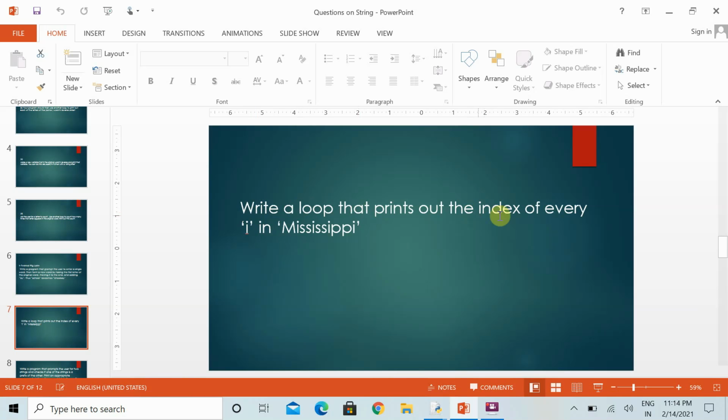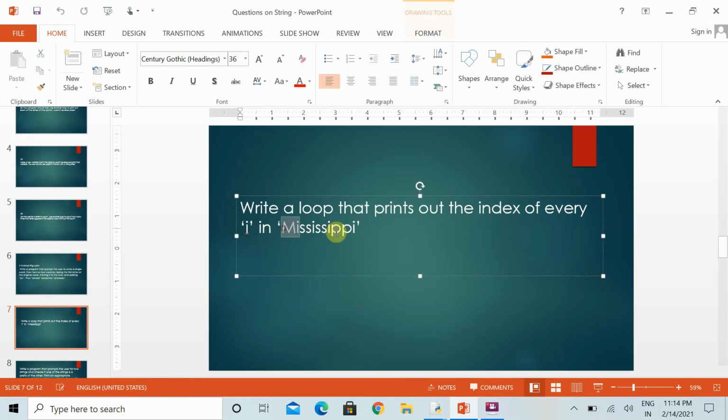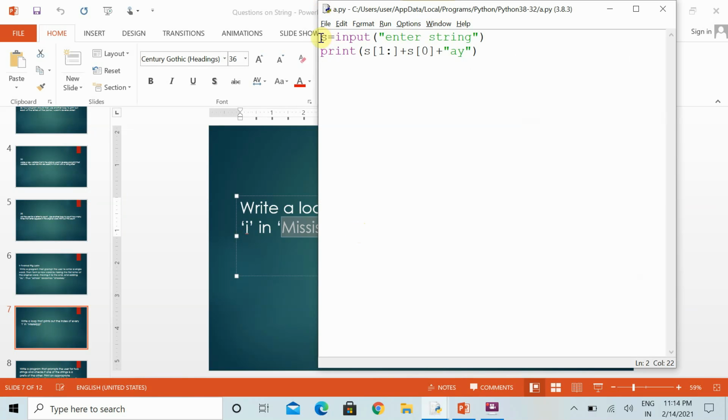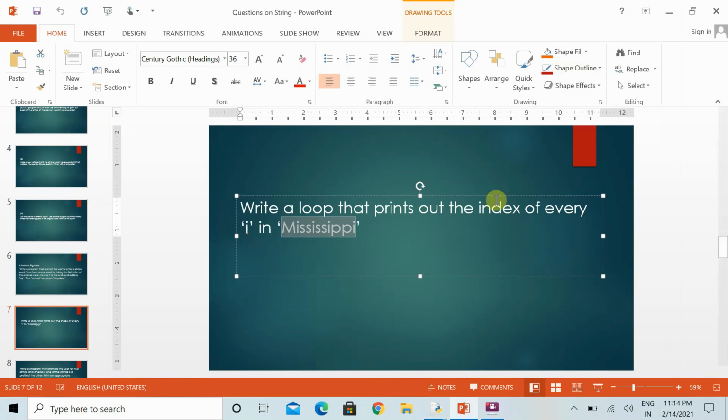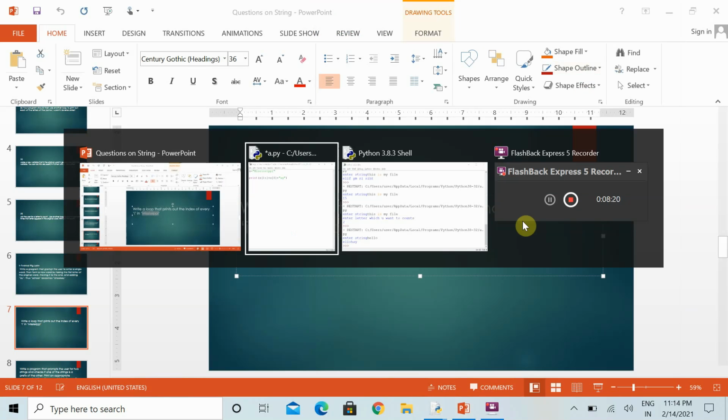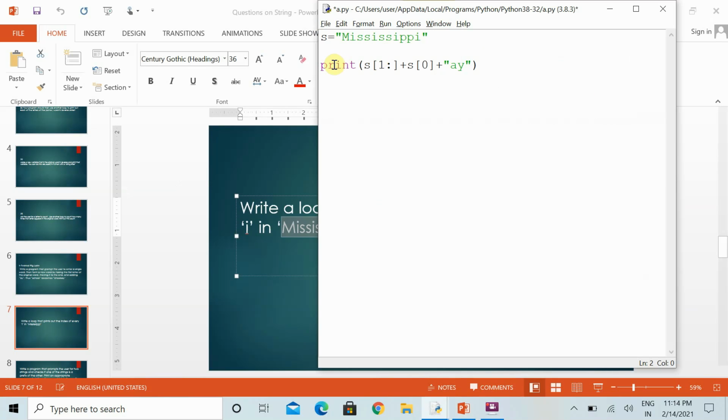Write a loop that prints out the index of every I in Mississippi. Let's take the value as it is. In this question it is specified that we have to print out the index of every letter I where it is present.